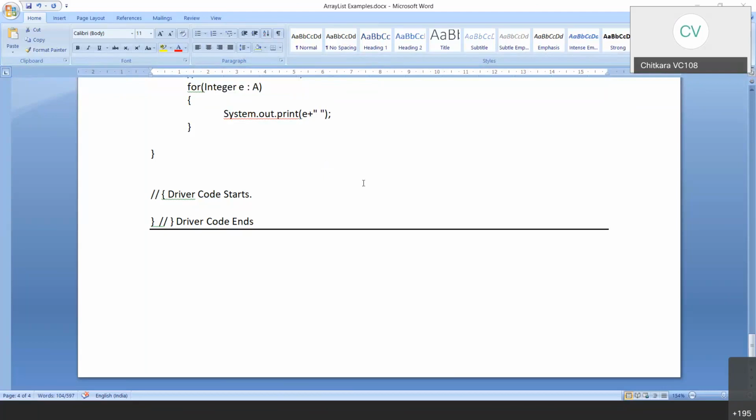Your job is to write the code for it. The parameters are an array and second the number of elements.